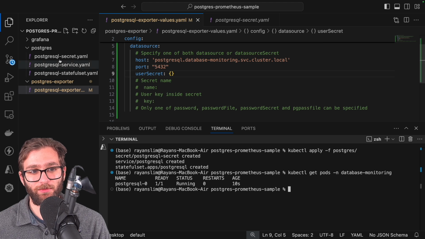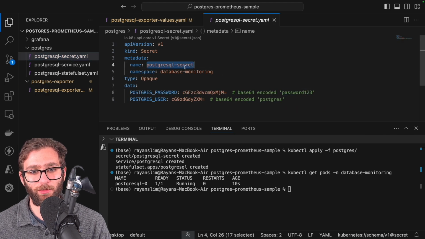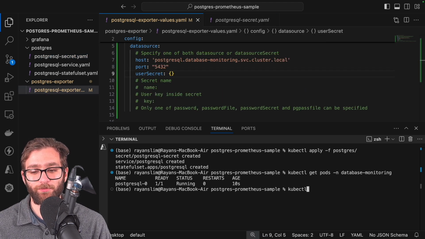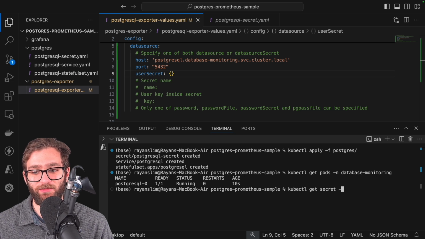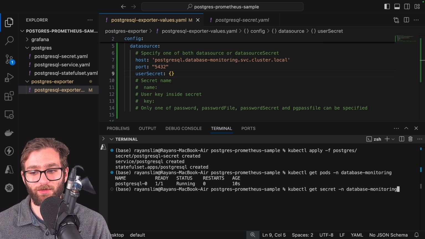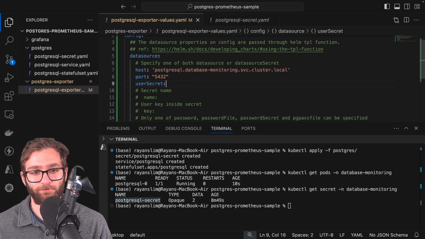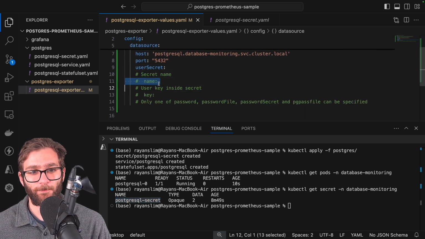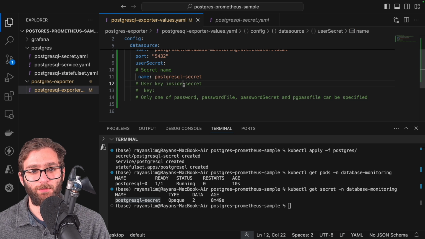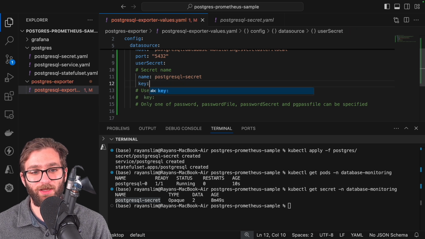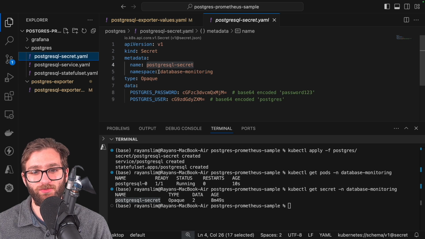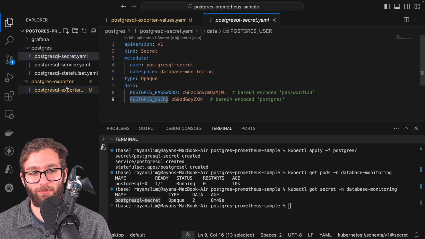And the name of the secret, well, you can grab right over here, but what I want to do is say kubectl get secret -n database monitoring and grab the name from here. And now what I can do is grab the value based on a particular key. I know I can just grab the key from here, Postgres user,